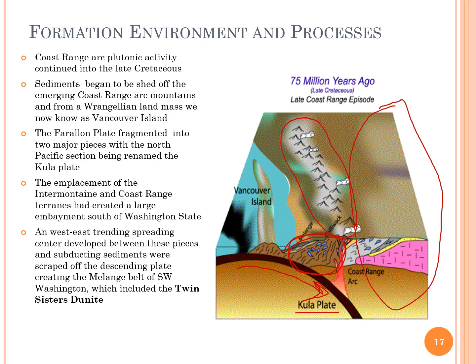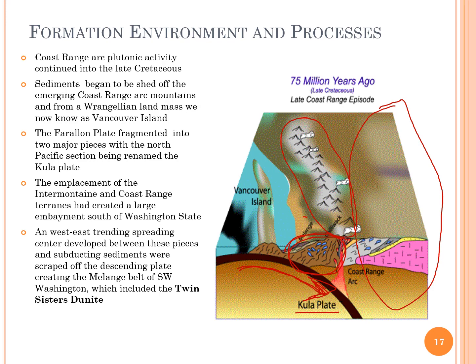Now, this fragment, oftentimes referred to as being part of the Farallon plate fragment, formed a number of different things, including Vancouver Island and several other island pieces up along British Columbia. It had an east-west trending set of tectonic elements which can be described as being part of the descending oceanic plate. That's the Kula plate elements diving underneath of North America, and part of this descending plate created what's called